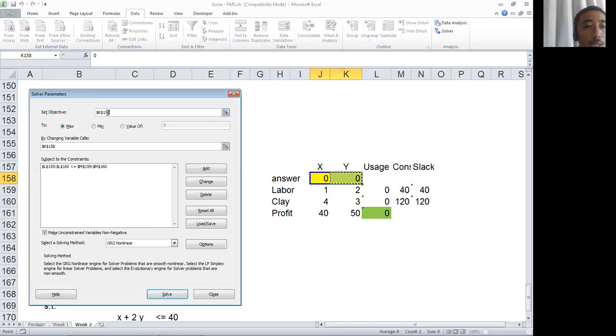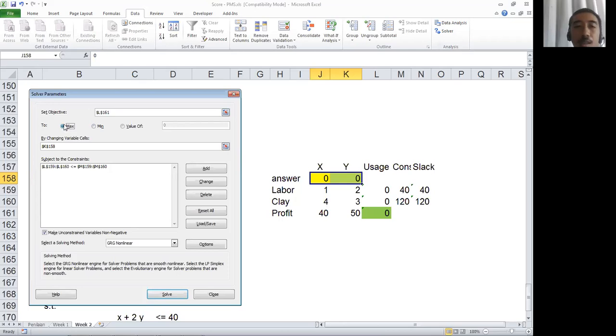The first one is the objective. The objective is the one that we want to maximize or minimize. So this yellow cell. See, I want Excel to optimize this one. And where is the direction of optimization? The direction is I want to maximize it, not minimize it. In other cases, maybe you need to minimize it. In this case, I want to maximize it. So I click this max instead of this min. I click this max. Okay.